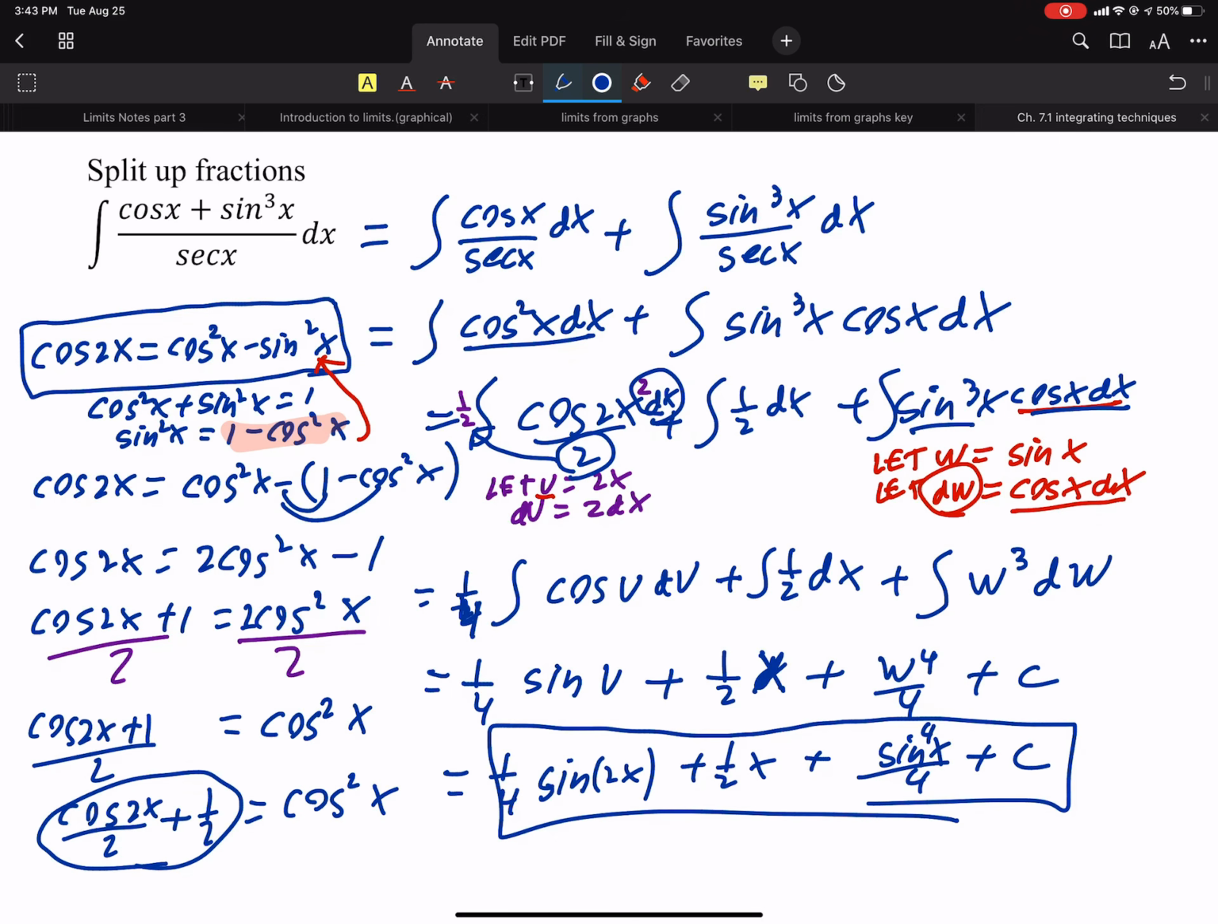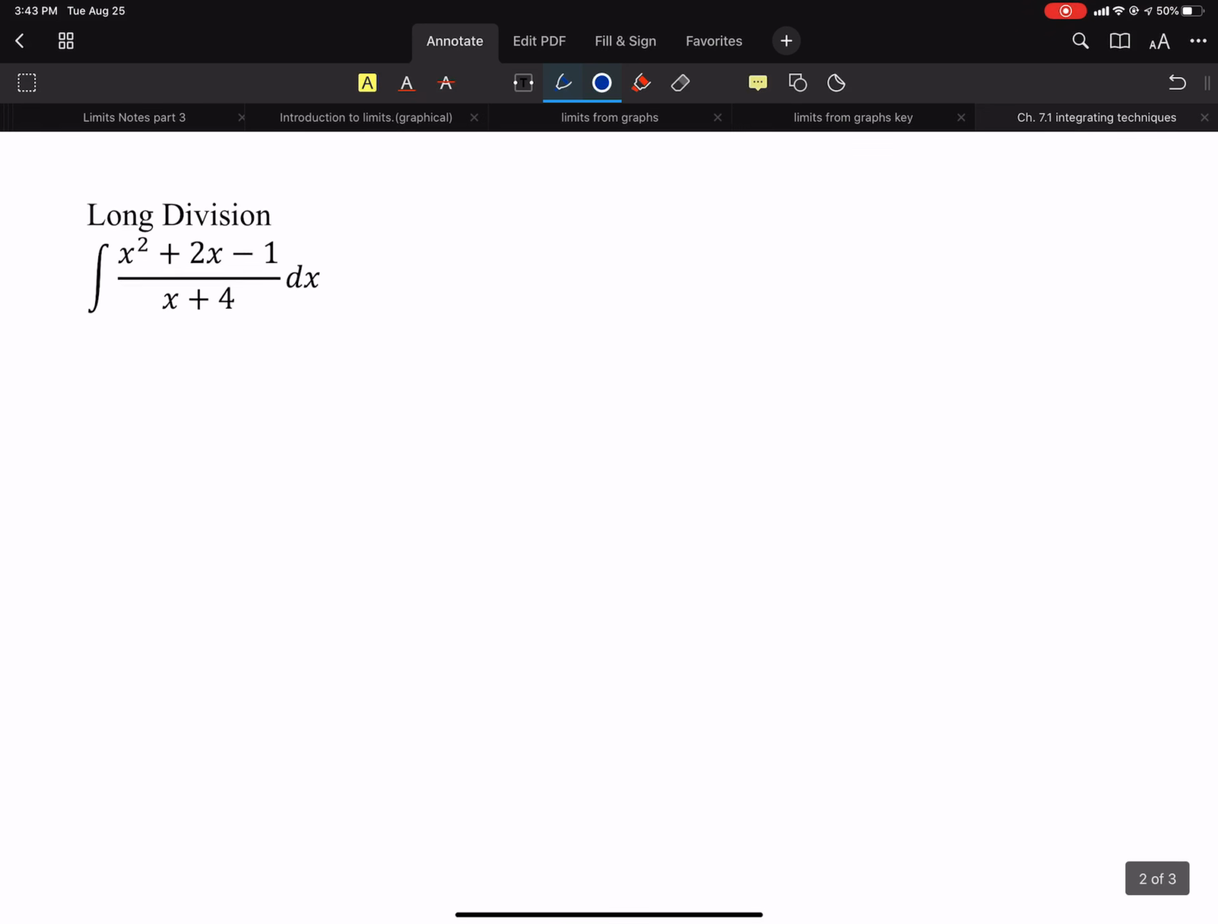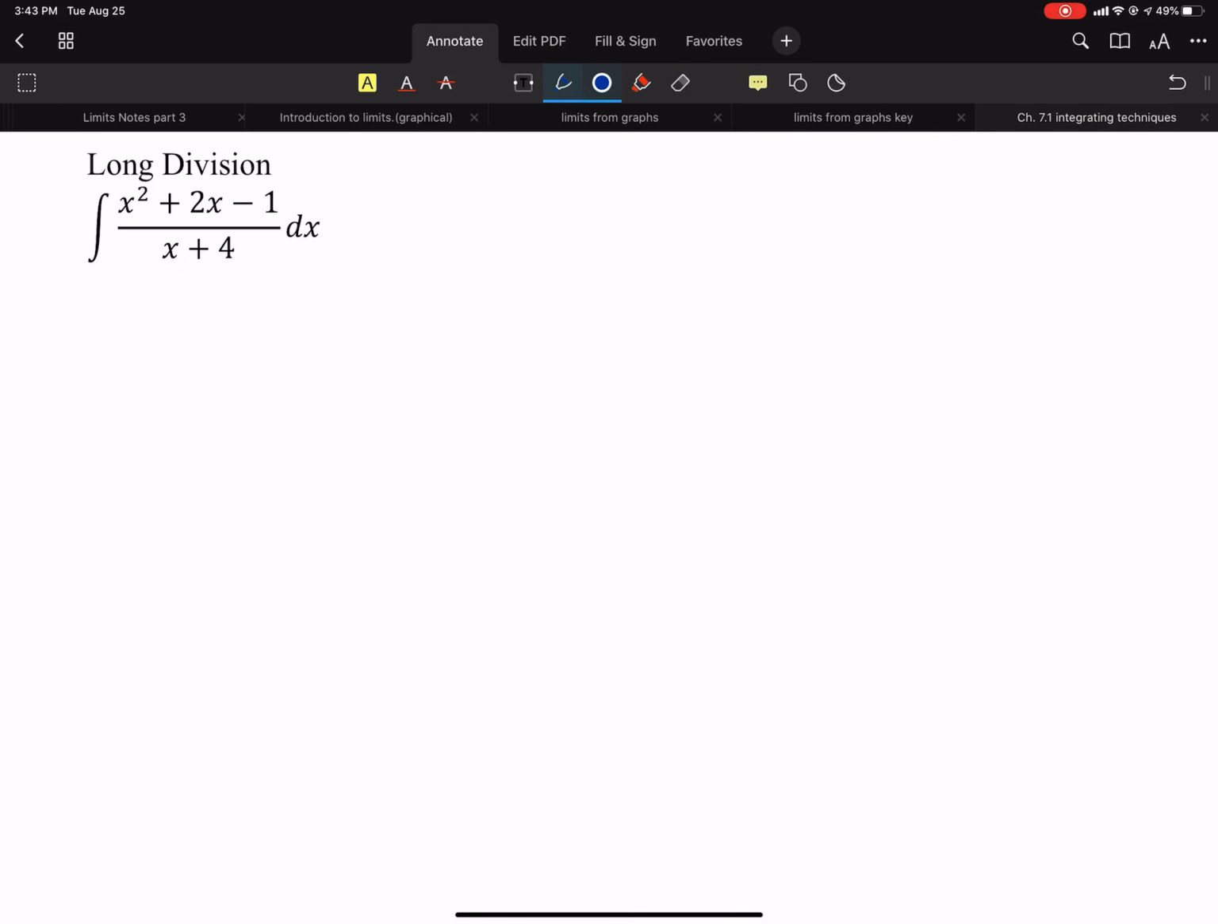All right, so that technique is splitting up fractions, but we used an angle reduction identity. We used substitution, so a lot of things going on there. So we're just doing a massive review of integration. All right, long division. You could try to factor and cancel something out, but it's just not going to happen